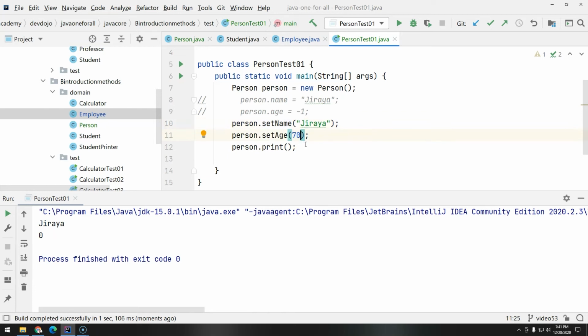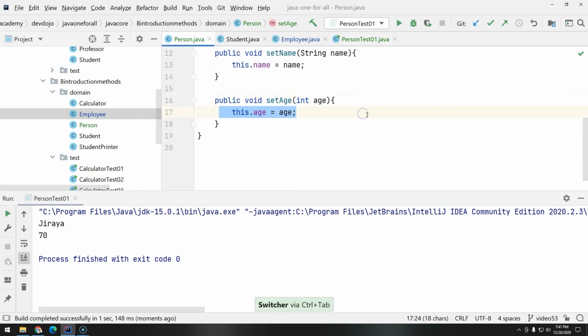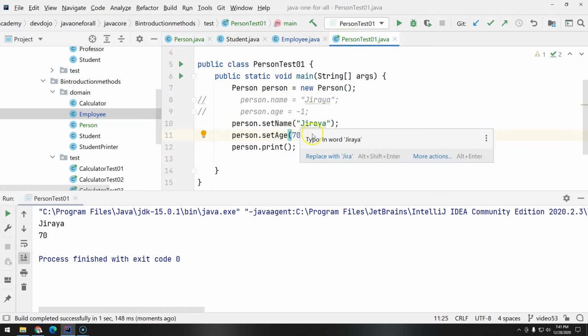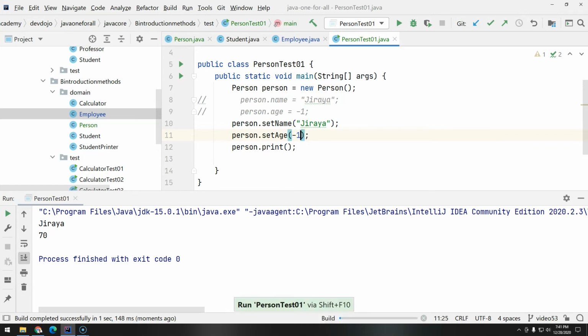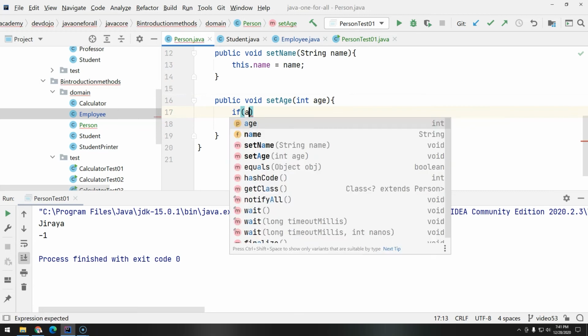So what does it mean, low coupling? Why is this called low coupling? Because now it doesn't matter what I do inside this method, as long as I'm achieving the results that I would like to have, it will not break the person test. So I can still put -1 and it will work, but now we can do something about it without breaking the person test. We can add if age